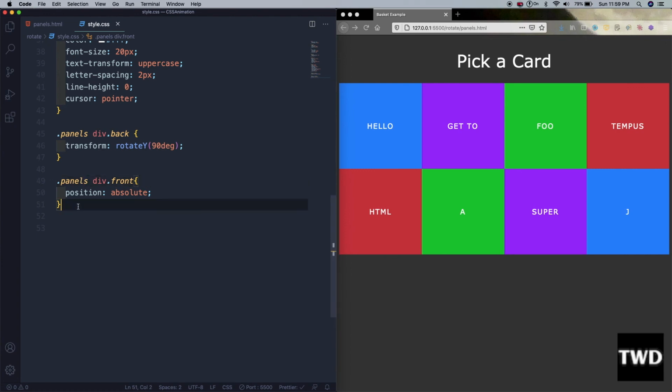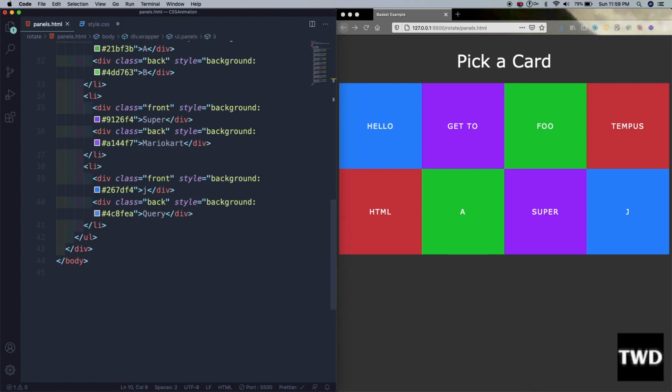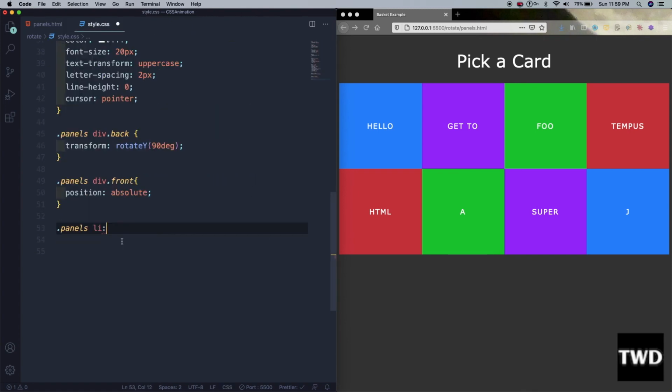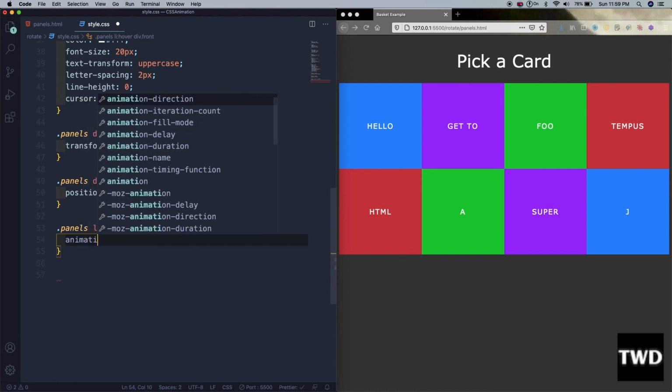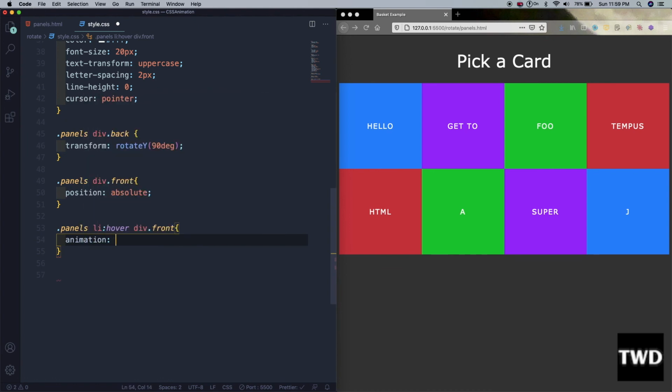Now we are going to add panels ally. So ally is this complete ally. So when we hover over it, then div dot front, what will it become? It will become animation.